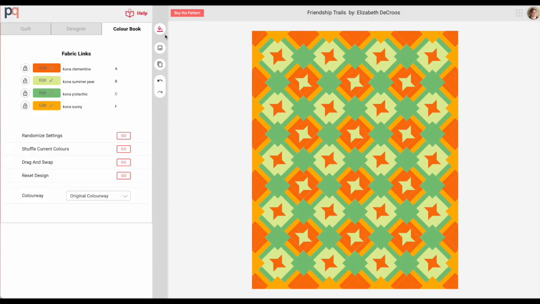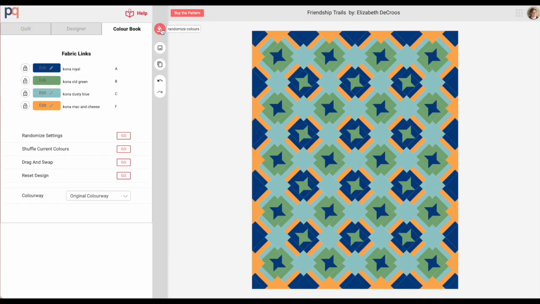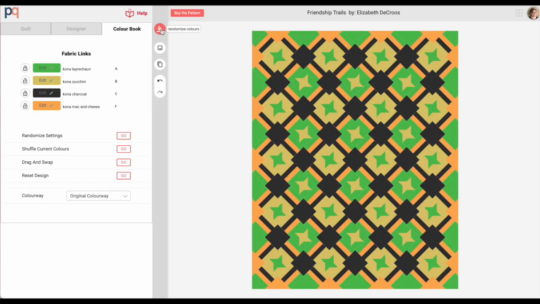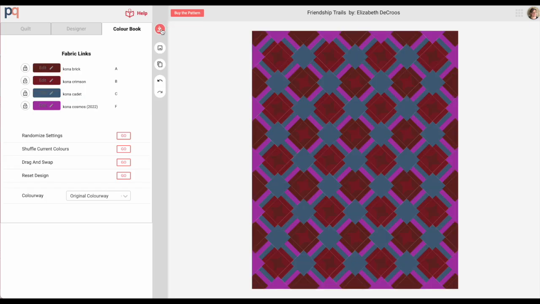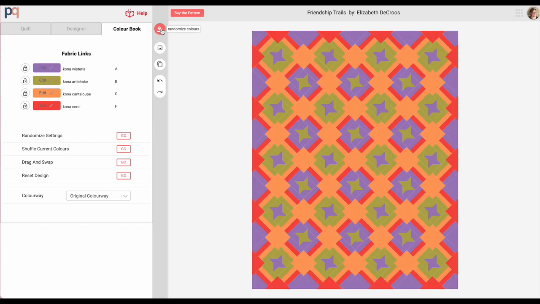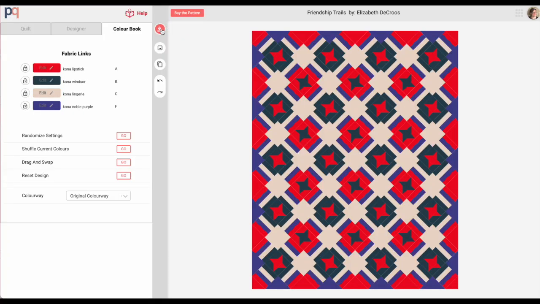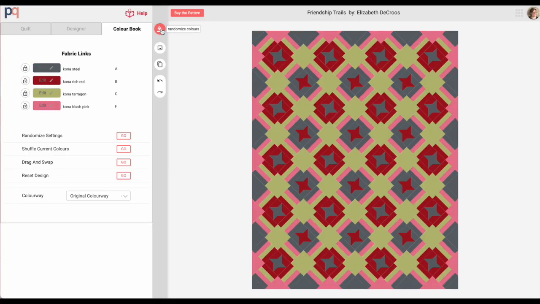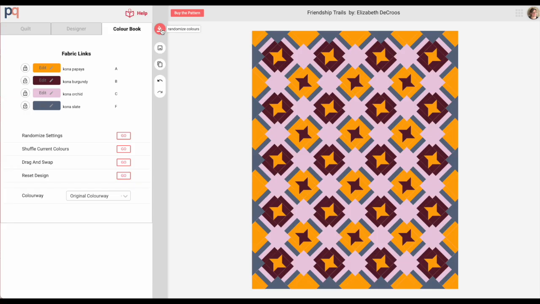Another fun option is this button up here where it says Randomize Colors. If you click on that, the computer will just pick 4 random fabric colors and put those in. This is a really fun way to see some combinations that you never really thought of before. Of course, some of them you might not like and some of them you'll really like. And if you just keep clicking there until you get something that you like,